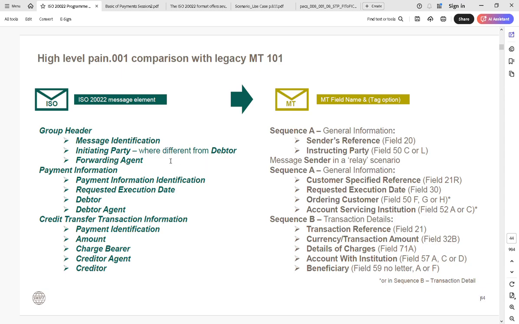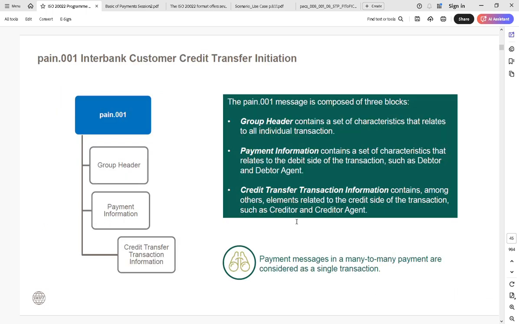And what are the basics, if you are studying ISO 20022, what are the corresponding fields in your ISO 15022? For example, for message identification, which is the field in ISO 20022, which is here. If you see here, this is message identification, message ID. So what is the corresponding field in your MT messages? The corresponding field is field 20. This kind of small discussion I will also walk you through when we are discussing this ISO 20022 migration. Okay, so now we are going to study one message, which is